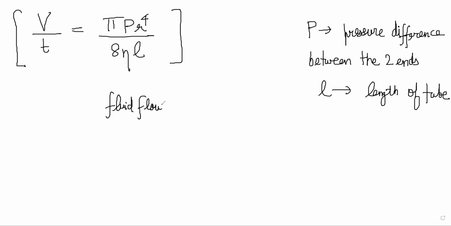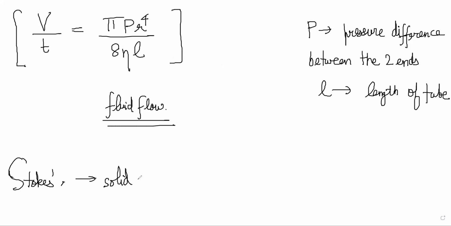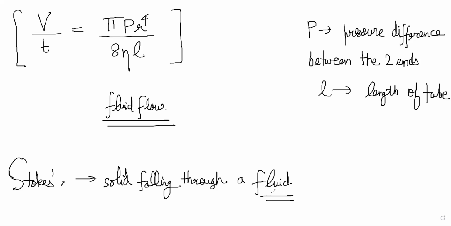So this was fluid flow. The next thing is Stokes' law, which is about a solid moving through a fluid. Stokes' law talks about how fast a solid is going to fall through a fluid, which is the case in many situations, because something can be dropped from an airplane. You can think of air as the fluid there, and what is the velocity that something attains? Obviously a solid falling through air will face a viscous or frictional force from the air.